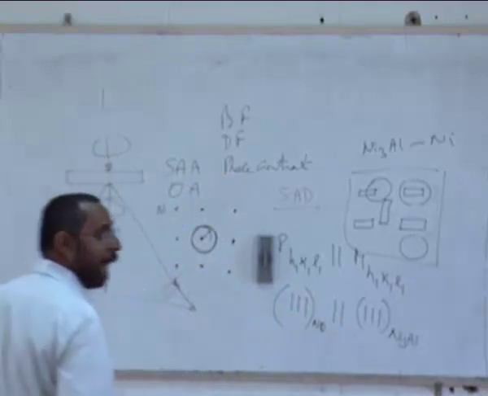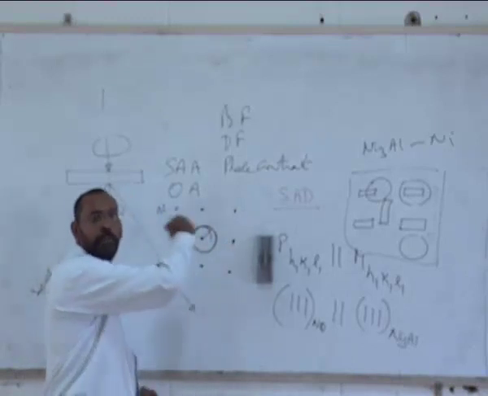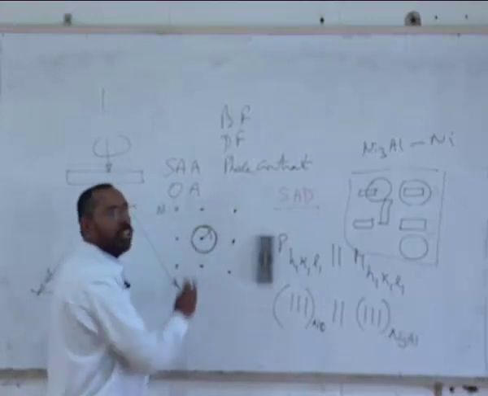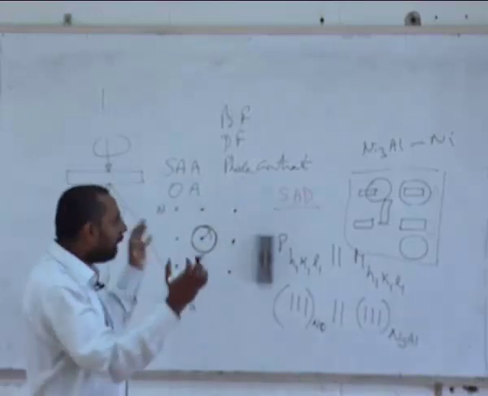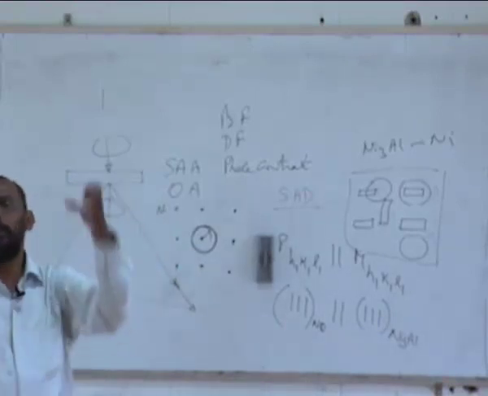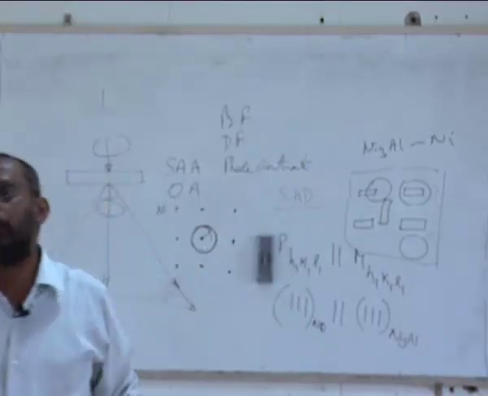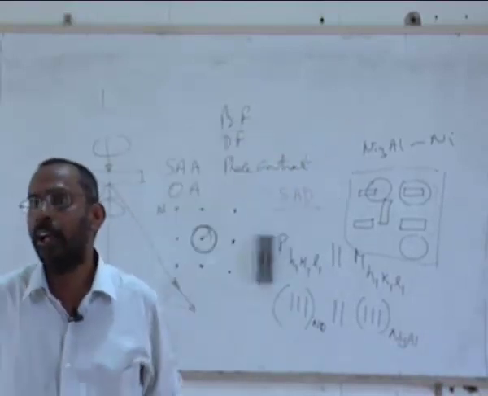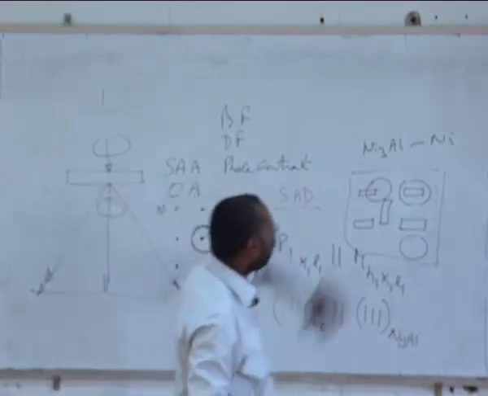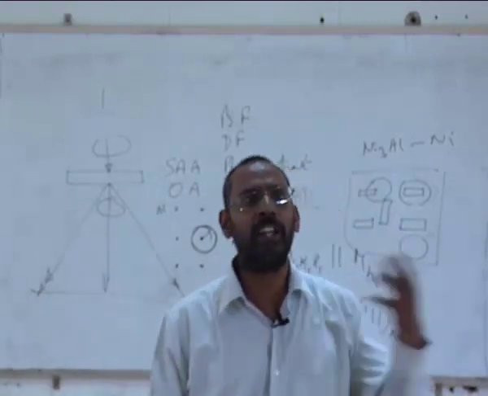Because why I am saying? Because I am not choosing the diffracted spots, I am only choosing the transmitted beam. I have left out all the diffracted spots, and that means the diffracted beams are not being collected in forming the image, and only the transmitted beam is being collected to form the image. As a result, wherever diffraction is taking place, all that looks black and the transmitted beam alone is bright. As a result, you will have a bright background and all the precipitates will look dark. Whichever precipitates are giving diffraction pattern.